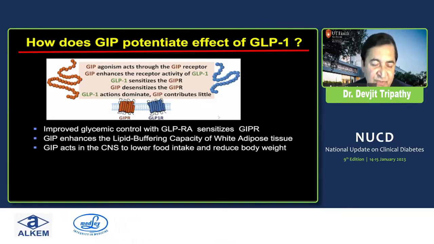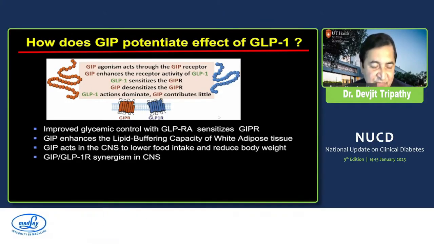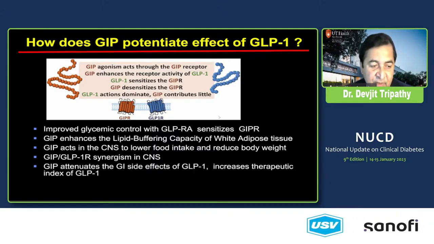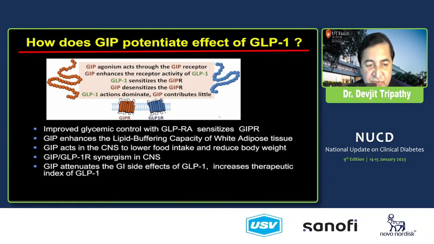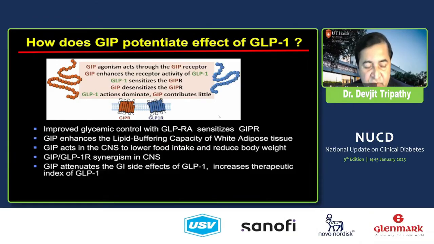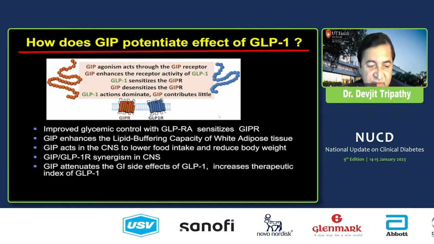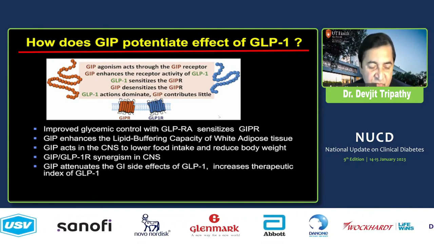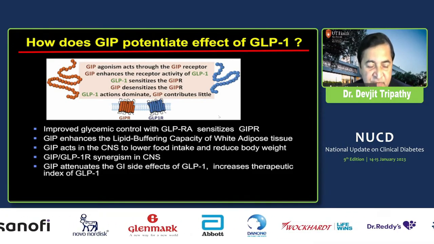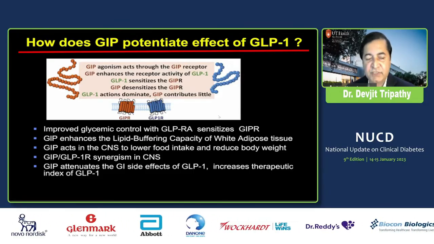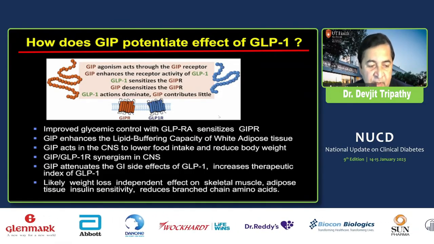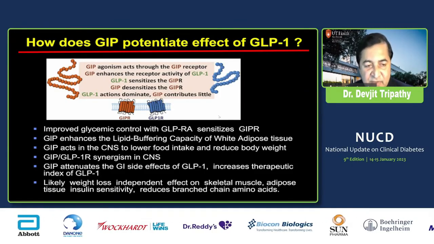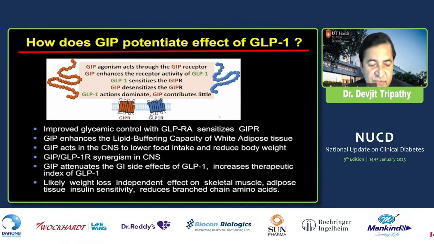We are proposing to do one where you block one receptor and see if you can still see the effects. Another theory is that GIP enhances the lipid buffering capacity, a thiazolidinedione-like effect, which is not seen with GLP-1 agonists, and possibly there's an increased weight loss with tirzepatide. Again, the weight loss is mostly not because of energy expenditure, but because of decreased caloric intake. One theory is that there's an increased effect of both GIP and GLP-1 on both receptors in the hypothalamus. You see an increased effect on satiety with the combined GLP-1 and GIP versus GLP-1 alone. And again, there's an insulin-sensitizing effect of this drug, likely at the adipose tissue.